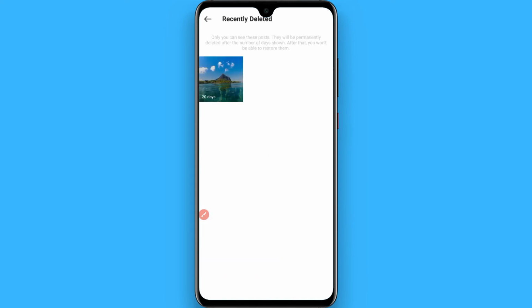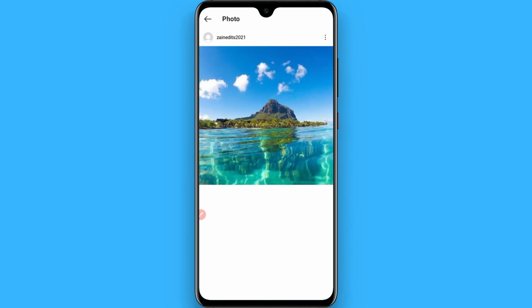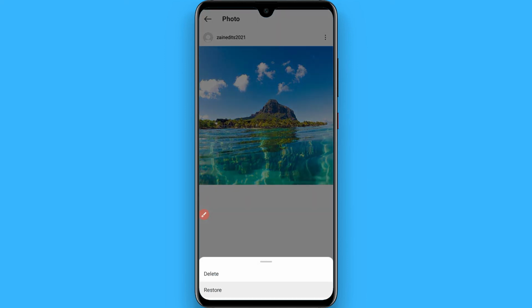Here you will see all the posts you have deleted in the past on Instagram. Tap on it and tap on any post you want to recover and click on the three dot icon and click on the restore